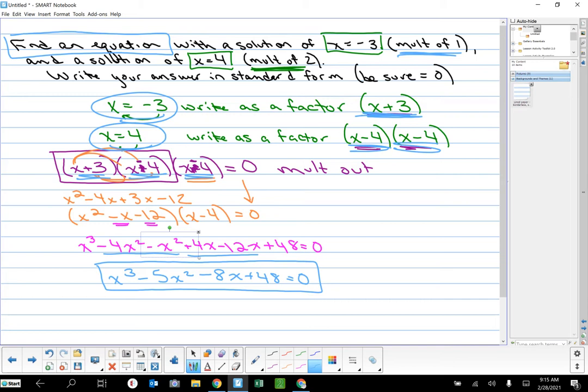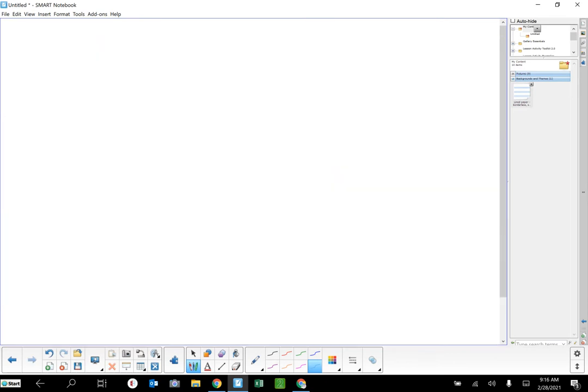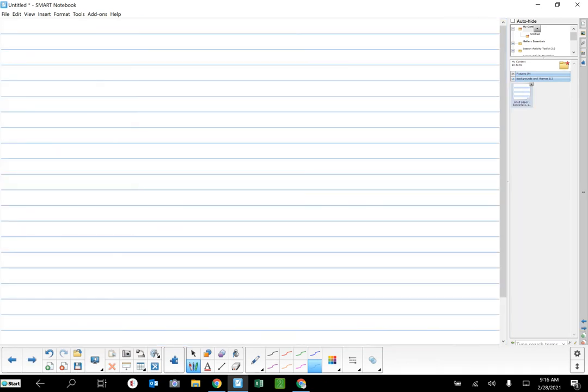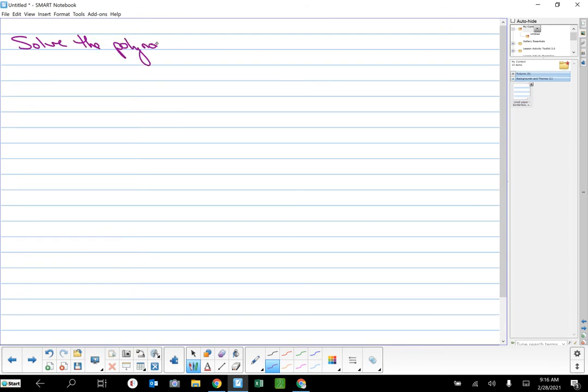Okay, so this next one is a little bit of a time taker. Well, it looks wordy in my notes. I don't know how it's going to go here, but let's see. So it says solve the polynomial, but this is the last one, and this might be what this whole thing is about. F of x equals x to the 5th minus 12x to the 4th plus 45x cubed